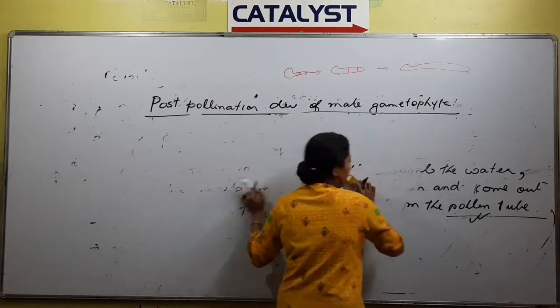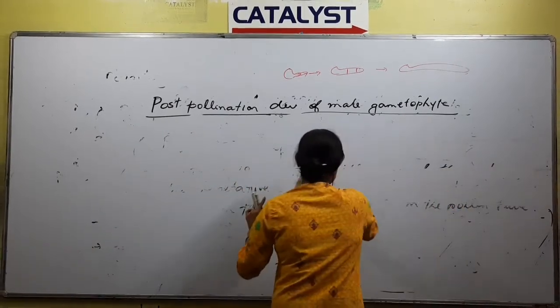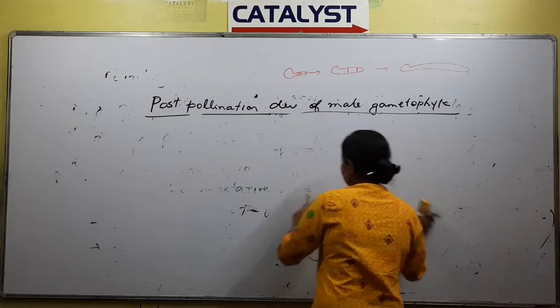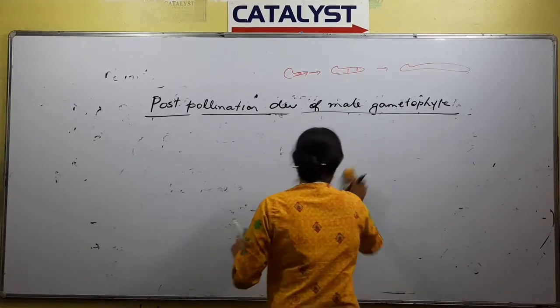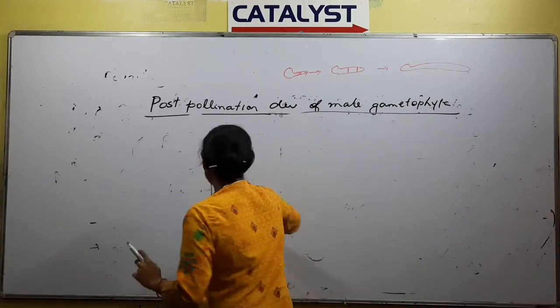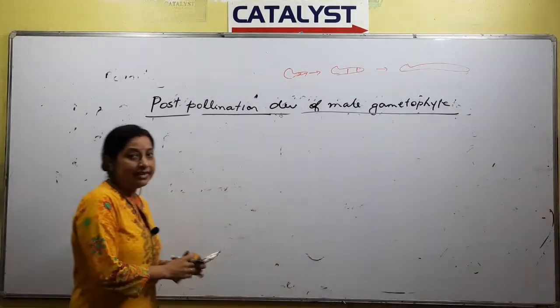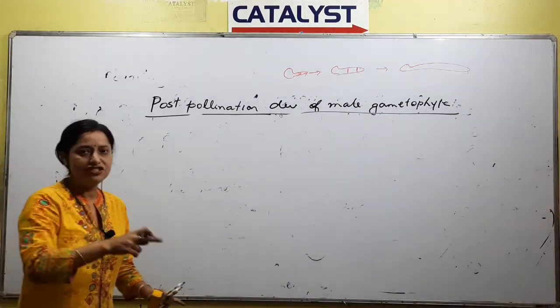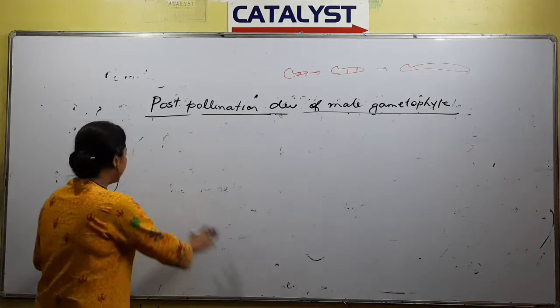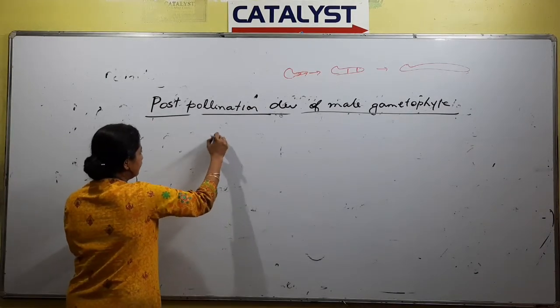And after that, what happened? After the pollen tube forms, the generative cell will also pass into the pollen tube and ultimately it will divide and form two male gametes. The diagram number 5 that we have seen just a little while ago, right? Next, we have to talk something about the pollen tube.